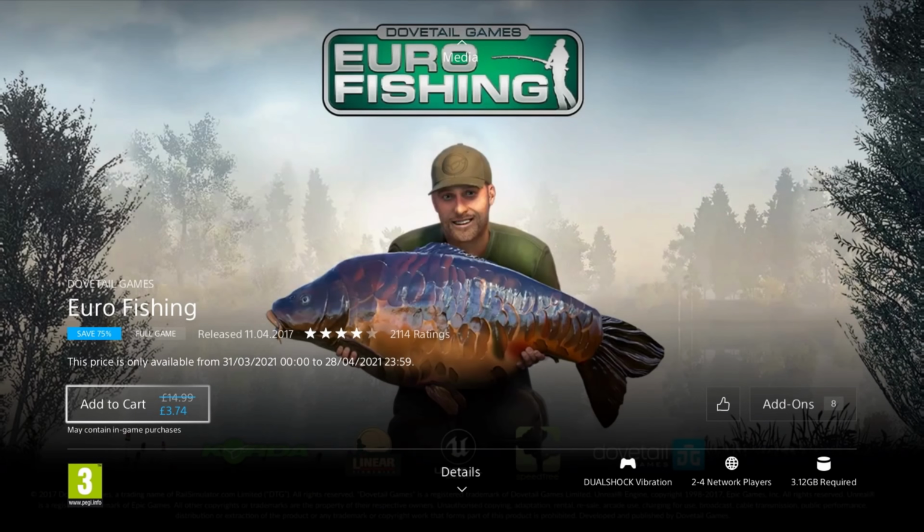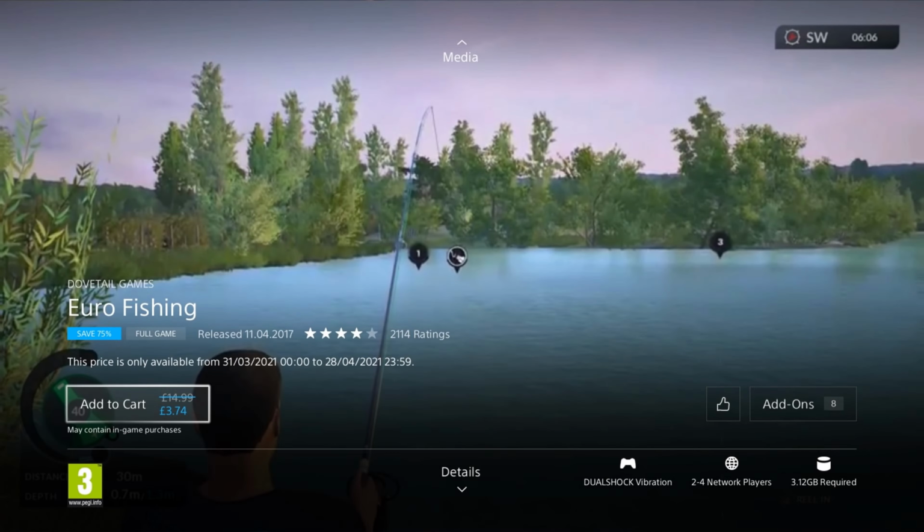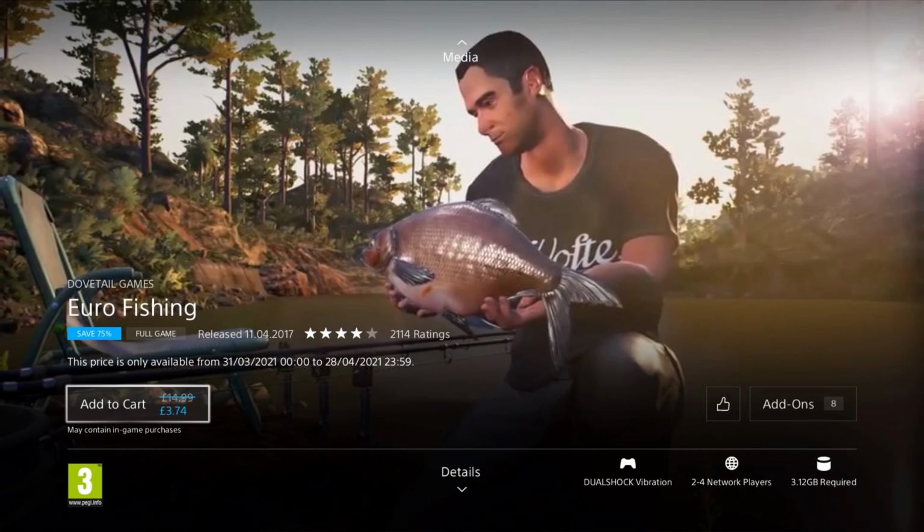Eurofishing is our next game. It was released in 2017, so it's 4 years old, and is on a 75% discount for the really low price of £3.74, which is pretty good. In this game you can fish in 5 unique European locations, including the famous St. John's Lake at Linear Lakes and Digger Lakes, and it also features a dynamic night and day cycle, advanced fish